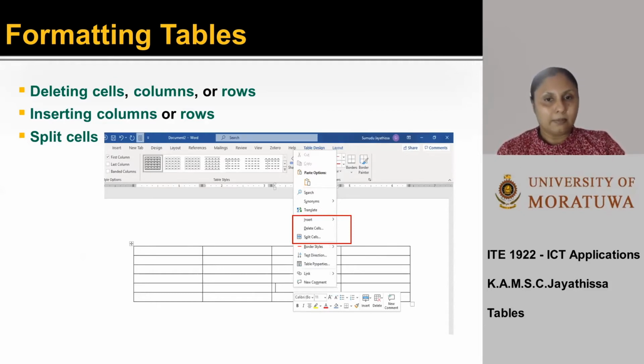When you create a table, if you want to add some rows, when you right click here, you will get these options. Selecting these options, you can do the modification. I will show you all these things during the tutorial.